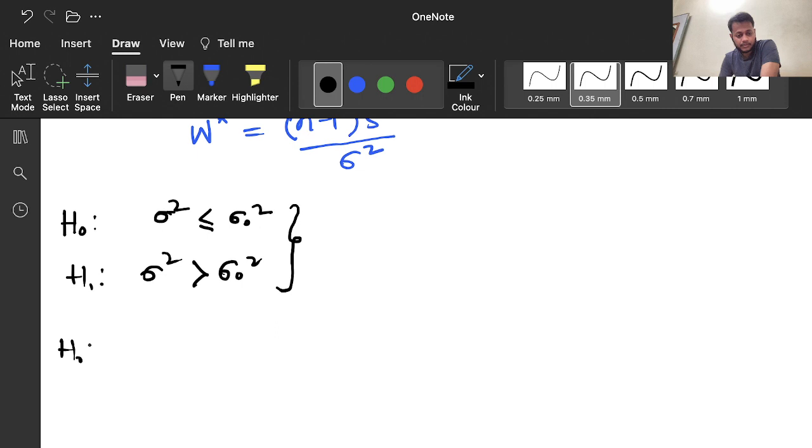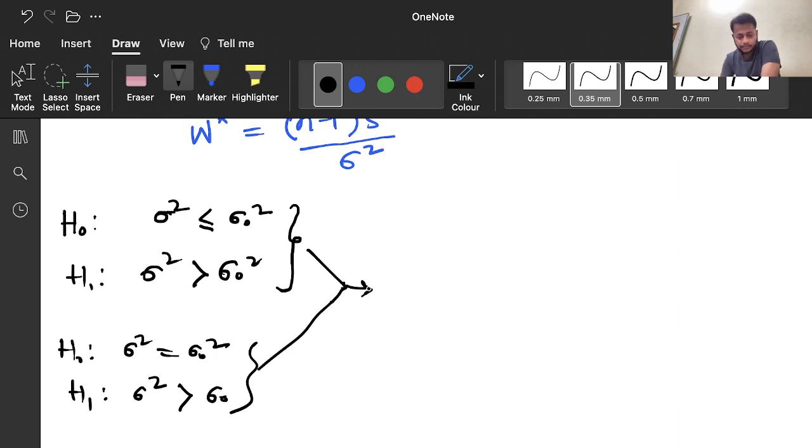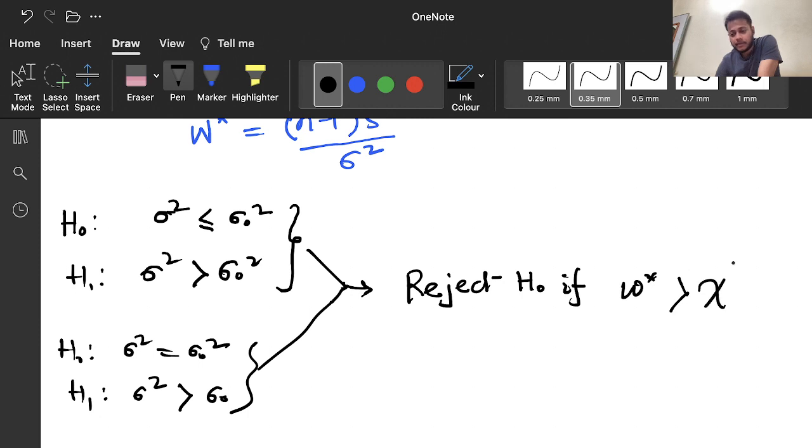Another set is obviously H0: sigma square equal to sigma naught square, H1: sigma square greater than sigma naught square. For these cases my test will be reject H naught if W star is greater than chi square n minus 1 alpha, and if it is less,